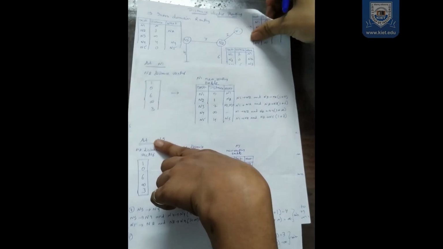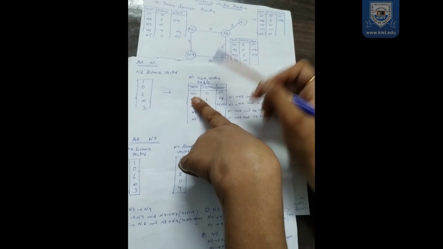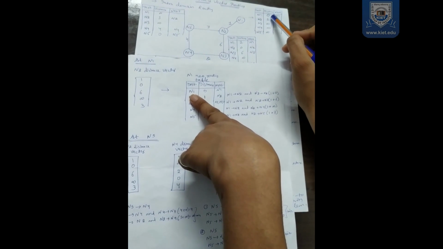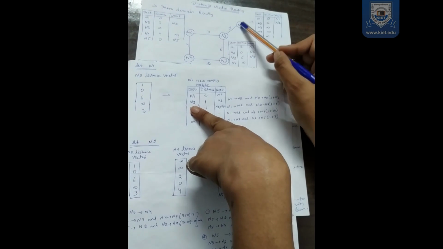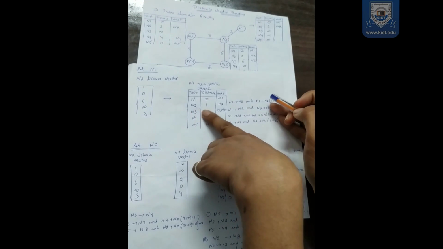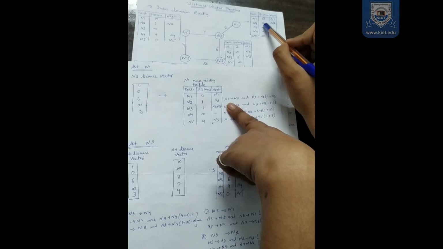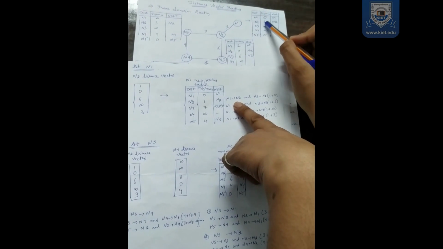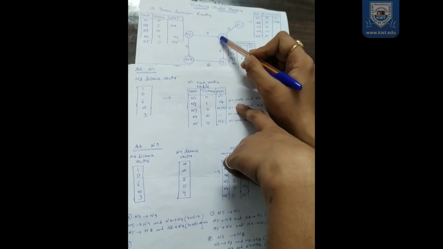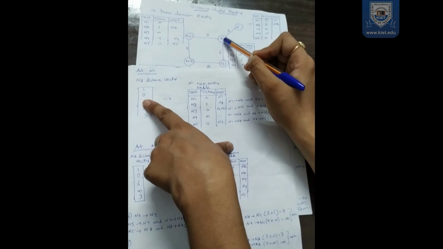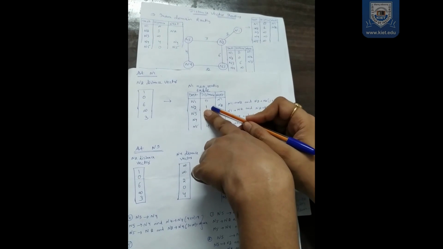Now it will see what is the distance between N1 to N1. The distance between N1 to N1 is 0, right? Now what is the distance between N1 to N2? How will it calculate it? It will calculate the first distance between N1 to N2 from its own routing table. This is 1. And it will add this after reaching N2. It will search from the N2 table what is the distance between N2 to N2, that is 0. So 1 plus 0 is 1.